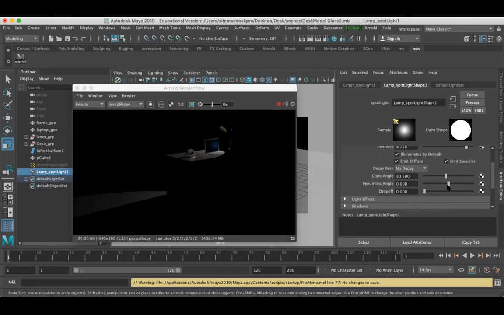In the penumbra angle, I want to just make it 10. You know what the penumbra angle is. If you forget, go to my first video, watch it, and again come back to the second video. So drop off, I want to just work with the default setting, guys. For the spotlight, I always go with penumbra angle 10, and I always go with drop off 3.